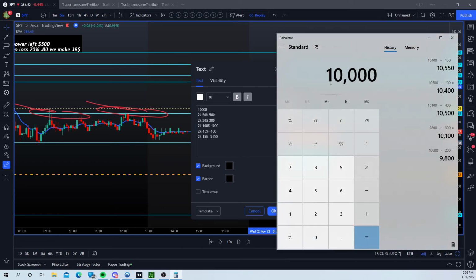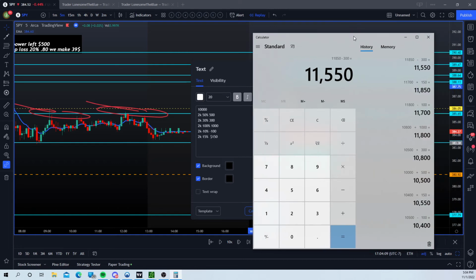You see? So you add that up, obviously, and then look what happens. $10,000. You add 500. Add 300. Add 1,000. See, minus 100 plus 150, or maybe you lose another $200 or $300 minus 300. Look, you're still up 1,000. I made $1,550 in a day, and I do that consistently every day.